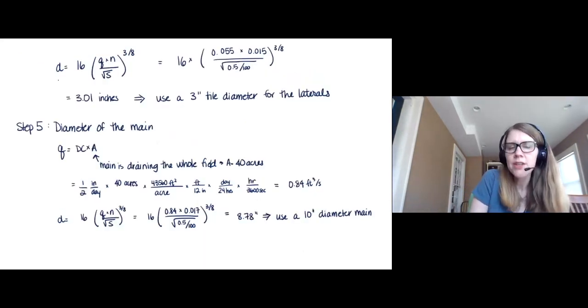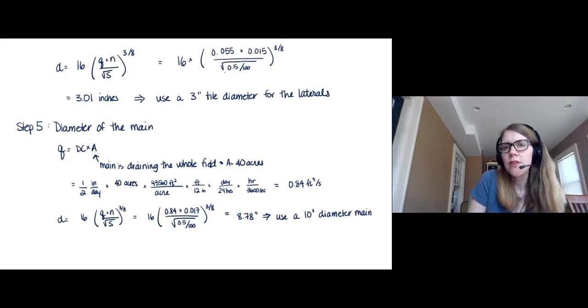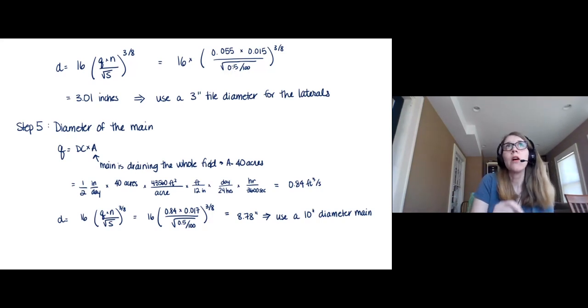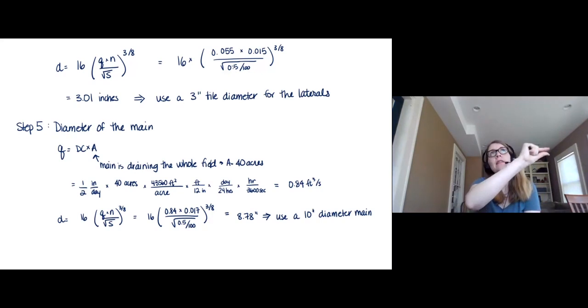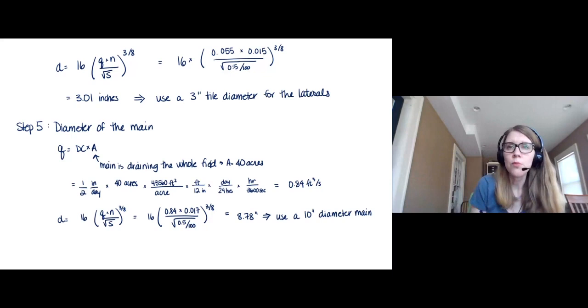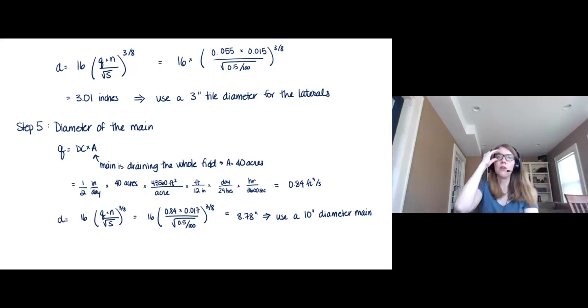So then I'm going to just stick that information into this equation. So here's the Q that I calculated. There's my Manning's roughness. I was given a slope along the lateral line, that is in the east-west direction, it's 0.5%, so 0.5 divided by 100. And then that whole quantity to the 3/8 power, crunch that up, and I get 3.01 inches. Now, I told you earlier you should always round up, but I'm going to take a chance on that 0.01 inch, that maybe that's not that important.